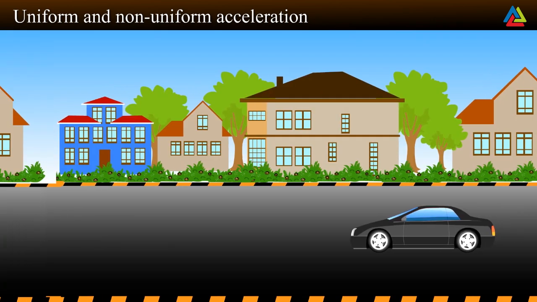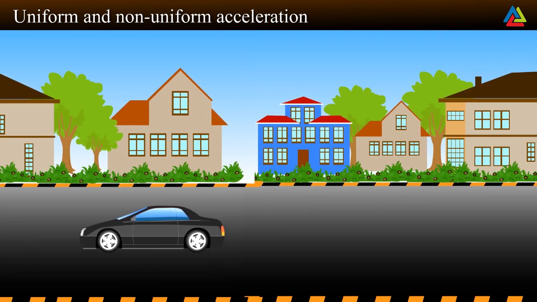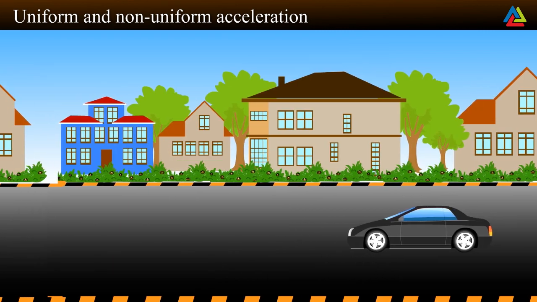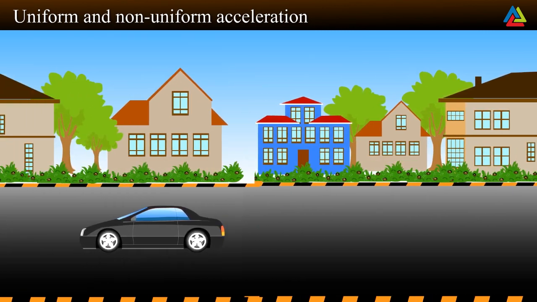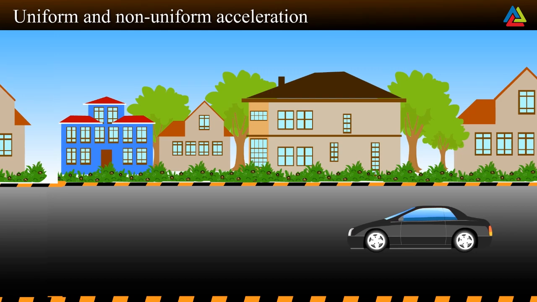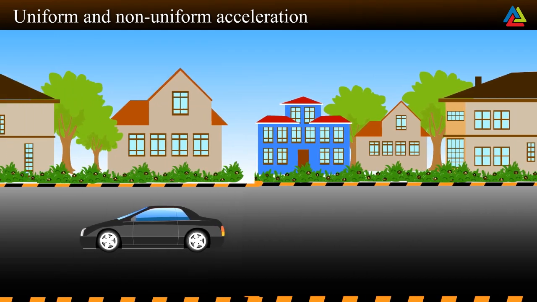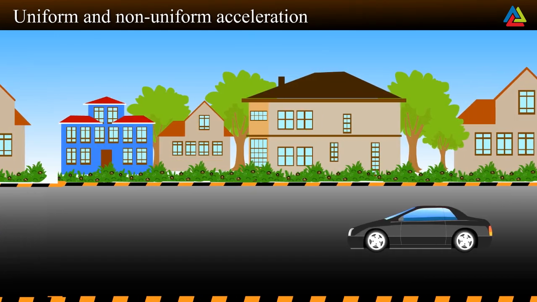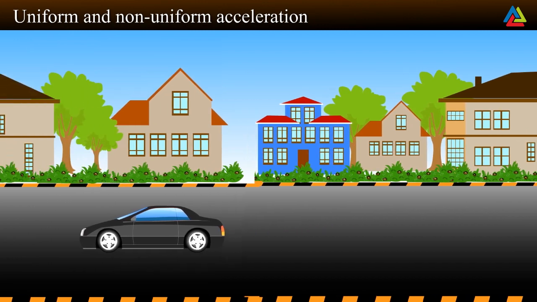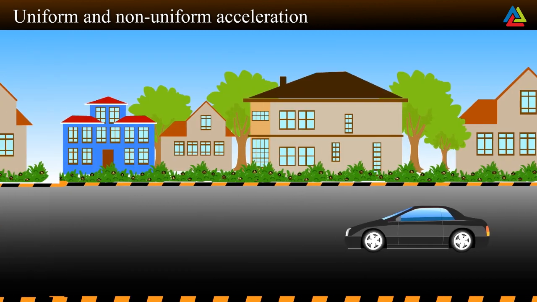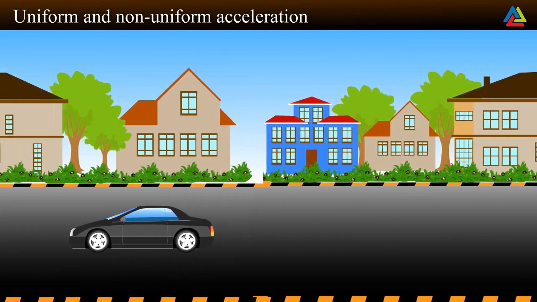If the velocity changes at a non-uniform rate, then the object is said to have non-uniform acceleration. For example, if a car traveling along a straight road increases its speed by unequal amounts in equal intervals of time,